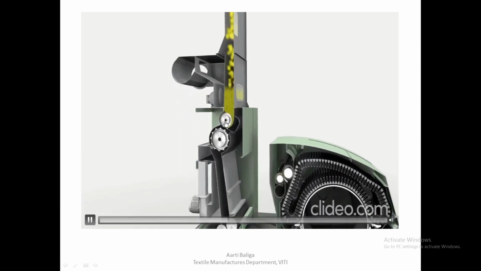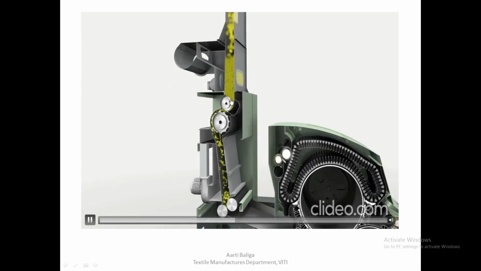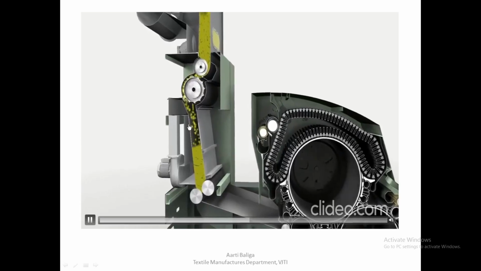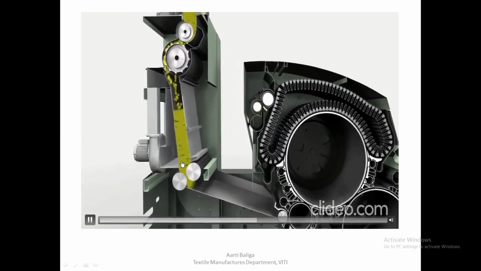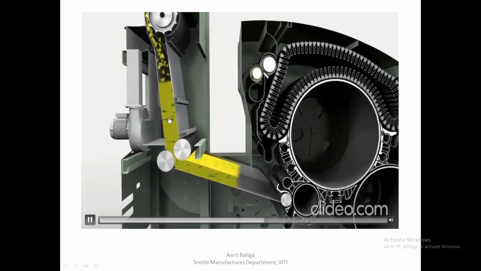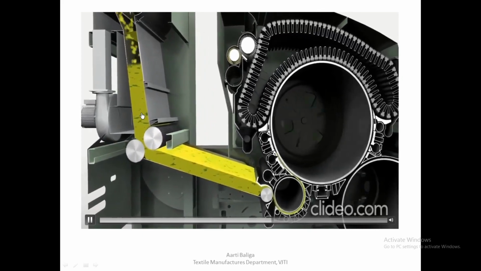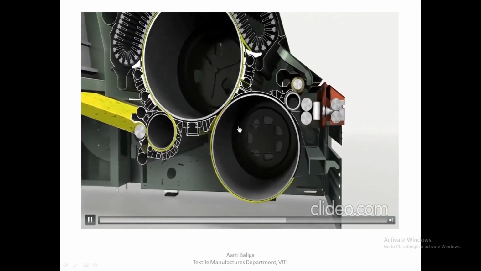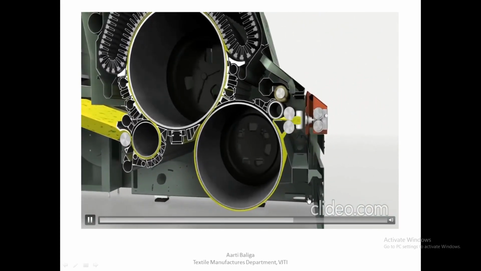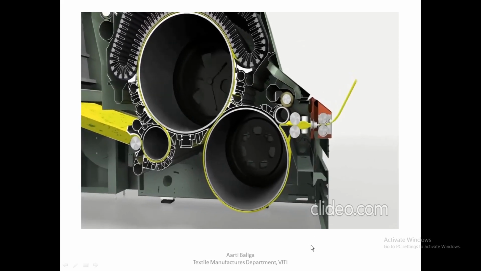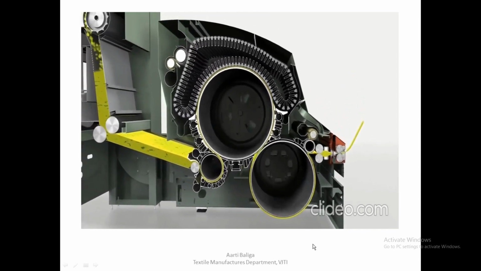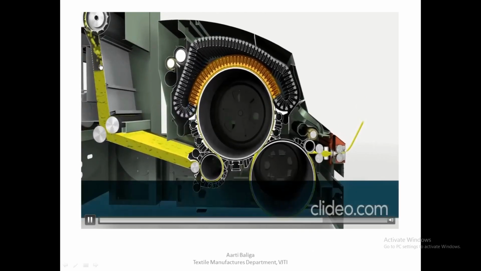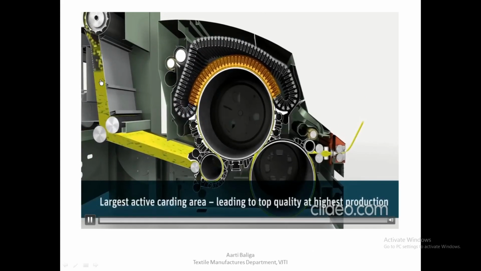This is the feed roller, and from here it is going to this opening roller, and then this is a perforated sheet which helps in maintaining an even, or rather uniform, thickness of the material, which is then fed to the card. One can see a good opened material is being fed, so that uniform density is also maintained.